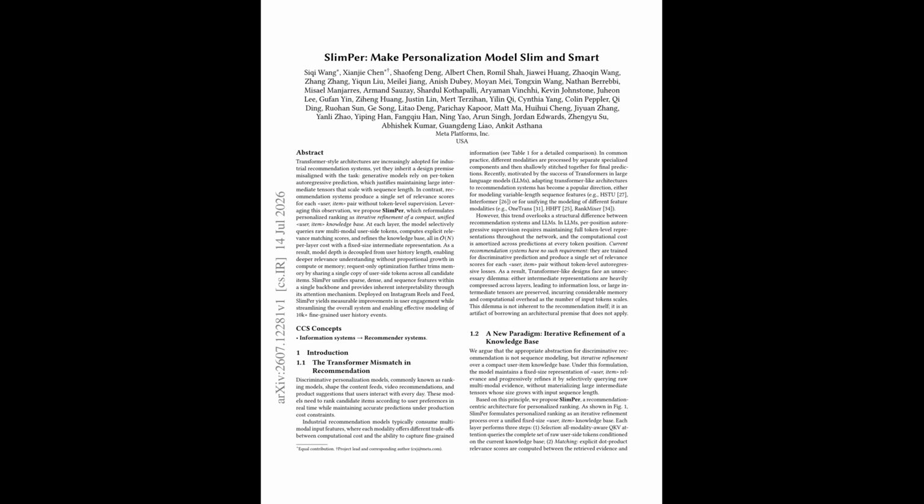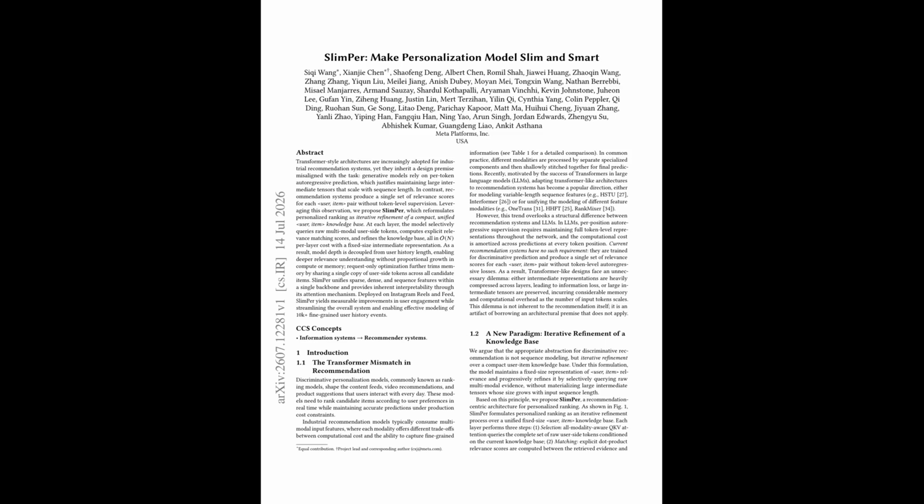First, why does maintaining a fixed-size knowledge base not lose information when transformers seem to need full token-level representations? The key insight is that transformers only need to compress information within a layer because the next layer only sees the compressed output. In SlimPer, every layer reaches back into the raw input tokens directly, so if one layer's refinement missed something important, later layers can recover it. The knowledge base is more like working memory during a research task, where you keep notes but always have the source documents on hand,